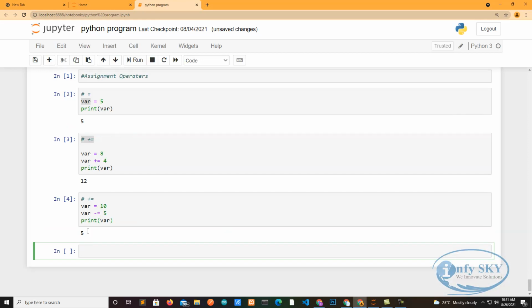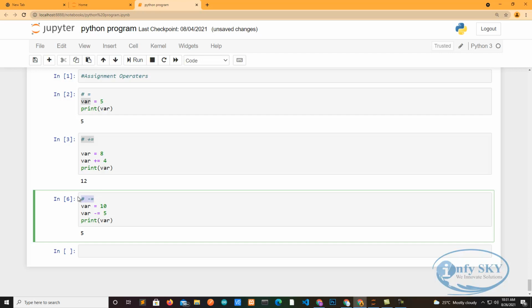Yes, the result is 5. If it is minus 5, what will be the result? The result will be minus 15. So I'll do control Z. You can do it like this also, because minus and minus will become plus. Sorry, here it will be minus.